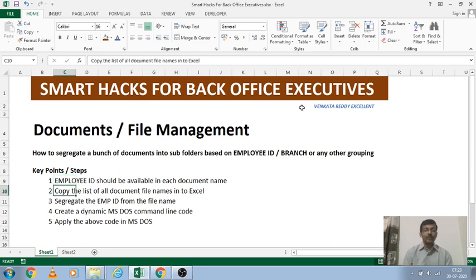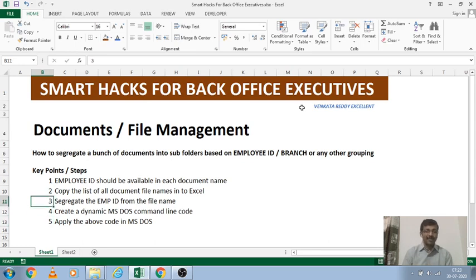After that, we have to copy all the bunch of document names into an Excel file. Then we have to segregate that key column into a separate column. Now, we have to create a dynamic MS-DOS command line code to copy those documents into the subfolders, and we have to apply them in the MS-DOS.